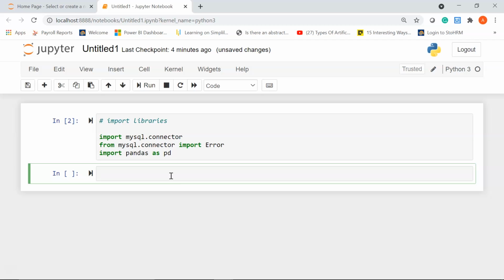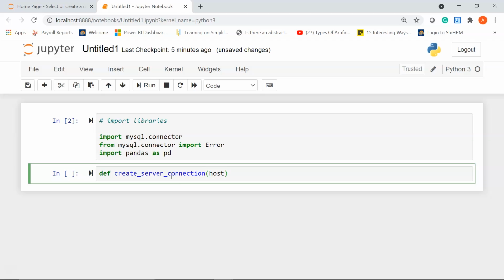Now I'm going to create a function that will help us create a server connection. So I'll write my user-defined function by using the def keyword. I'll write create_server_connection. This is going to be my function name, and it will take in 3 parameters.